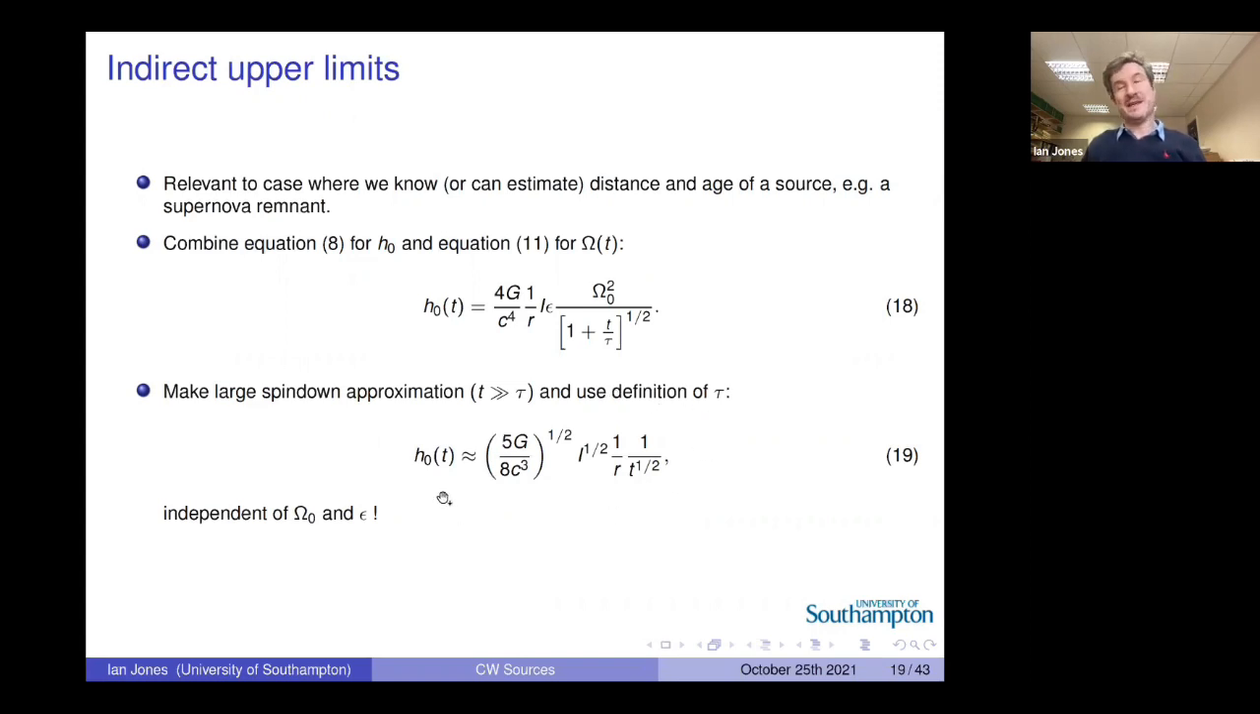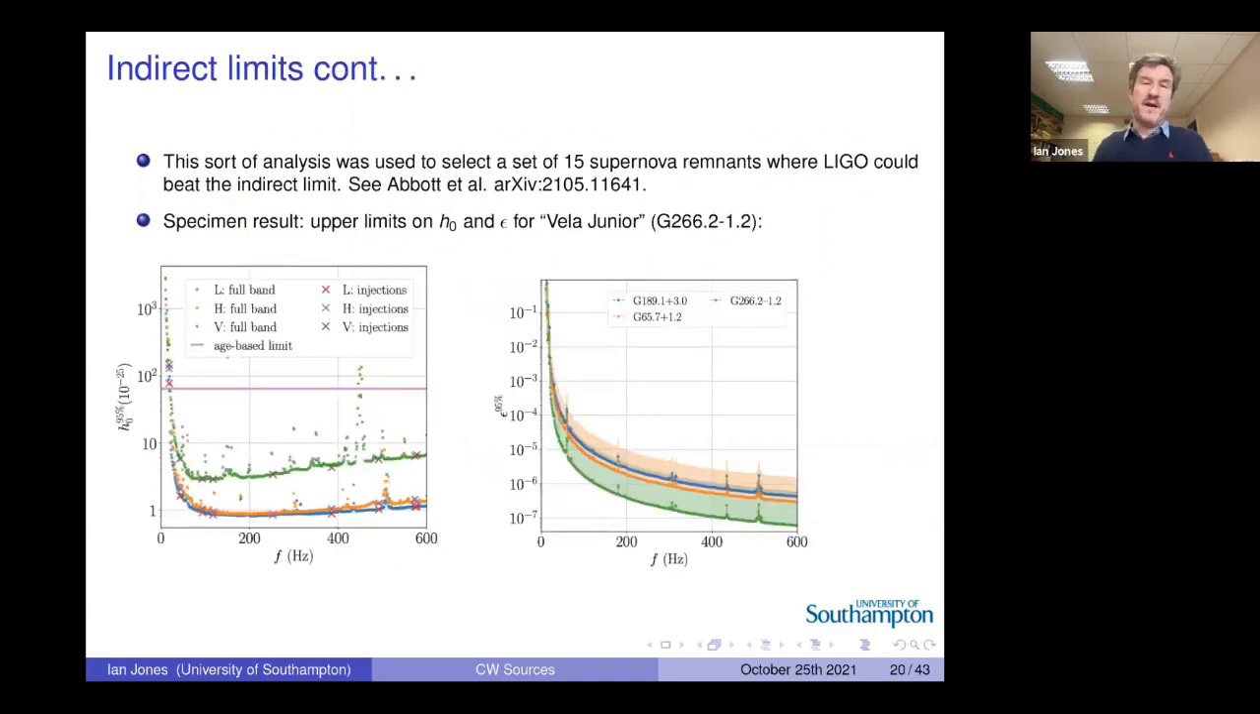And I say upper limit because, again, we're making this very strong assumption that all of the energy loss is through the gravitational wave channel, which in practice, it probably won't be, right? So here's an example from a very recent LIGO-Virgo paper of doing precisely this. So this was a paper that looked at gravitational wave emission from